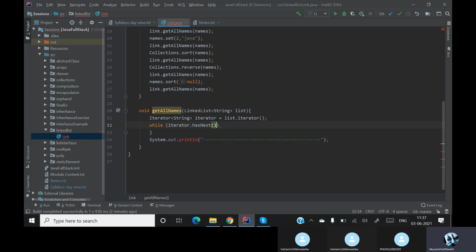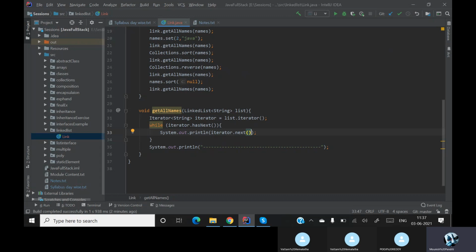whether the next item in the list is present or not. If that item is present, then you will go inside the while loop and you will simply write print whatever you want to print, iterator dot next.